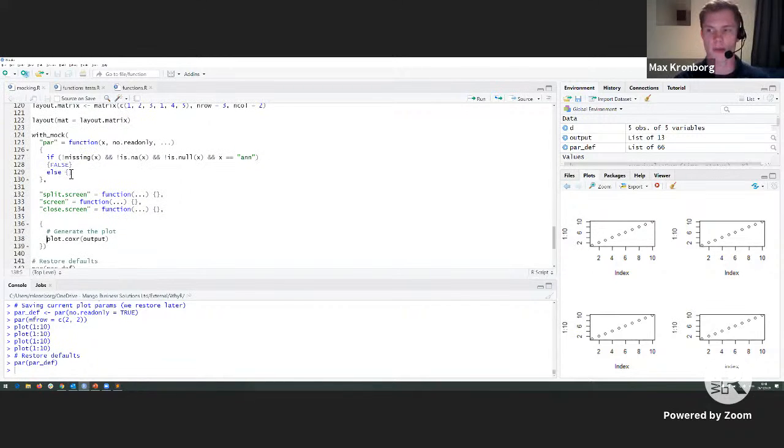So after debugging your way through it for a bit, you realize that what you need to mock out is, amongst others, par. So what I initially did was I used this function, and I ignored the output, which is what we do with these three dots, and then the function does nothing. I just wanted it to stop doing par and changing the way things were being plotted.